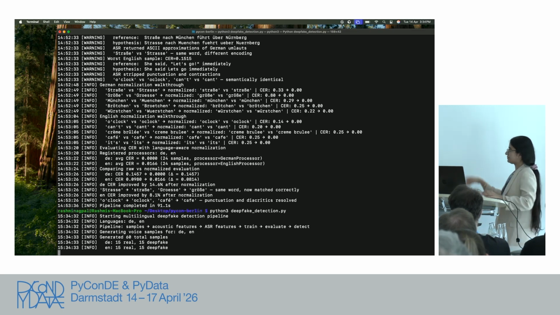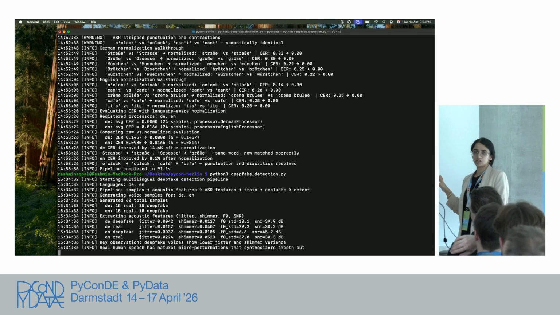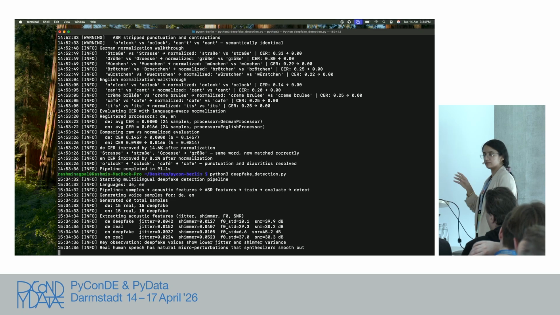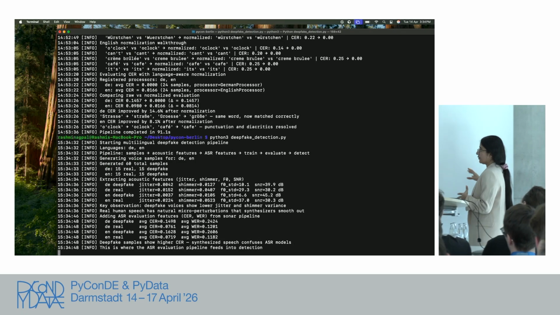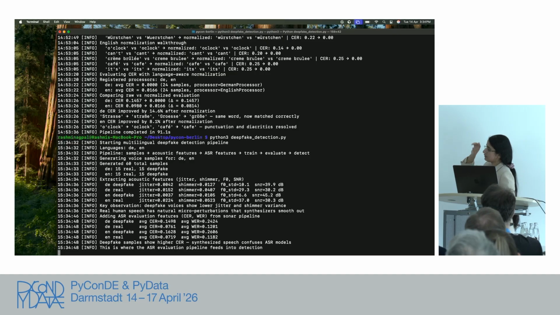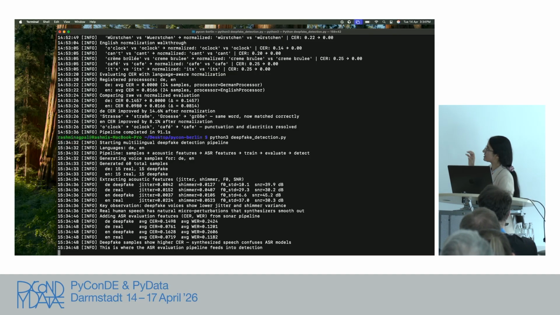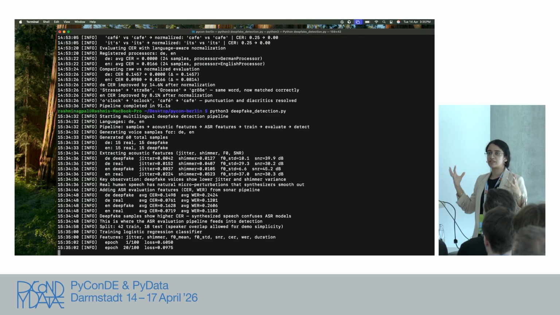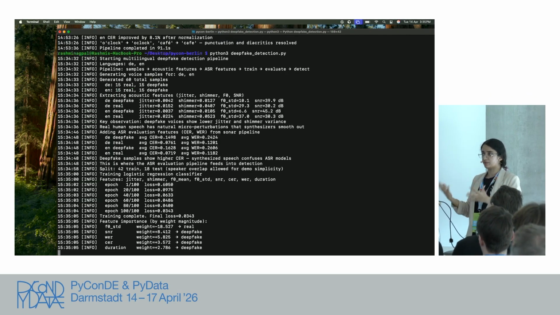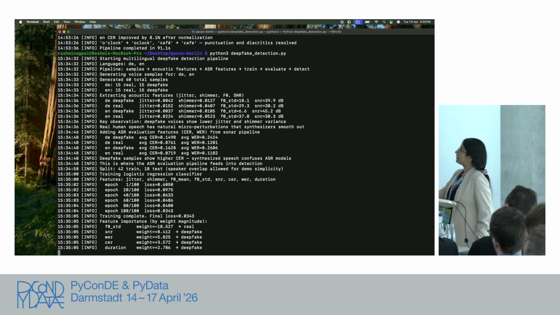I'll share the code and slides with everyone on the platform. But here what I wanted to say is, given a language model, you already have a config. For a specific language, what are the pipelines? Extract from the audio samples some of the acoustic features like pitch, loudness, and so on. Then you train a model based upon those linguistic features and get a verdict with a certain confidence.